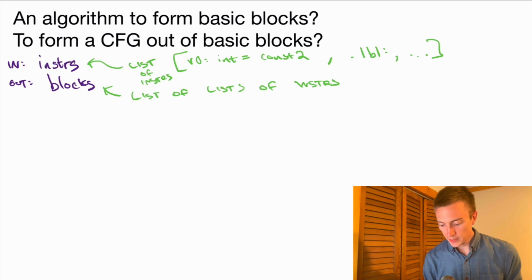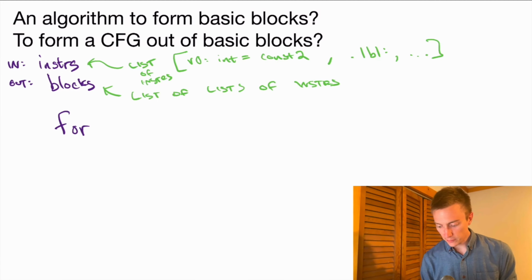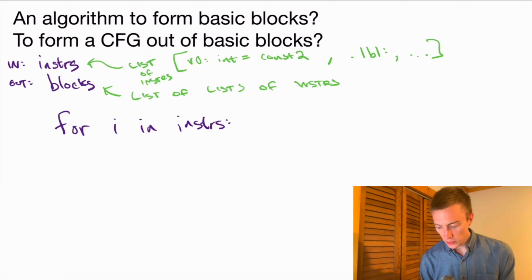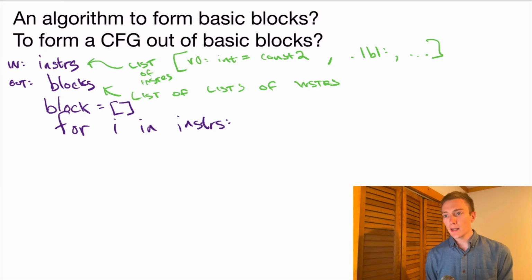So here's what I would do. Because I like to write my pseudocode in fake Python, I would start out with a for loop that says for I in insters. So the way this is going to work out is I'm going to walk over every single instruction in sequence and hope that I can glue together blocks on the fly. As a supporting data structure, I'm going to need a list for the current block that I'm currently forming. So the block starts out empty, and then we're going to fill this up and then empty it out, and then fill it back up again and then empty it out every time,